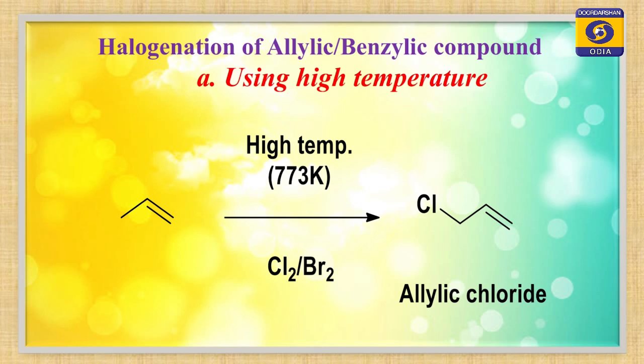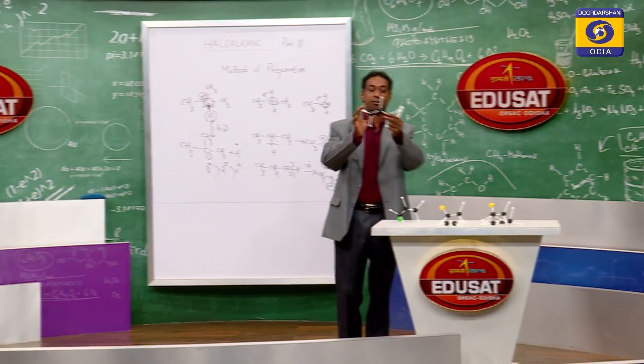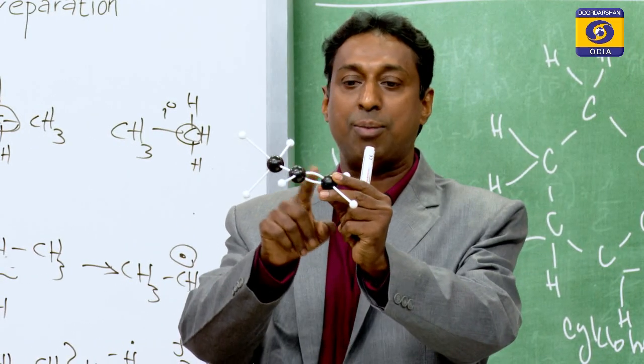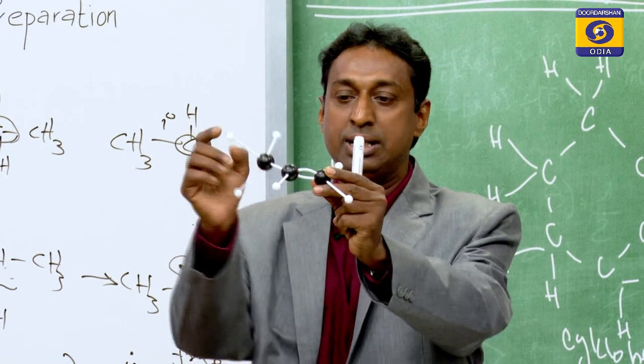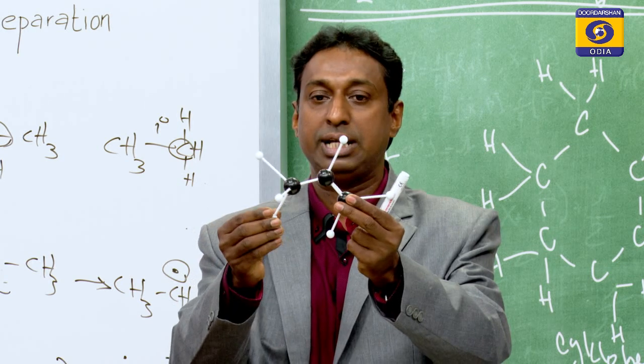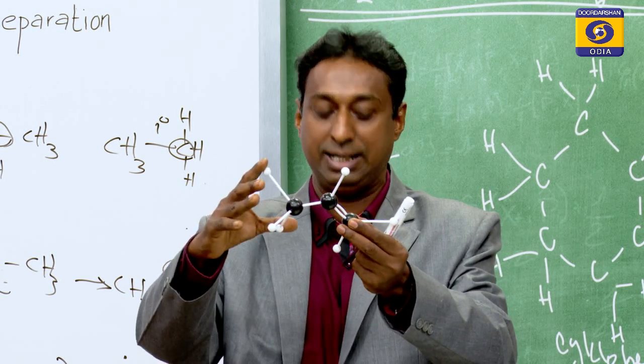Look at this one. This one is called allylic bromination, or sometimes called the replacement of hydrogen from allyl carbon. Look at the model. See, this is your allyl, this is one allylic carbon, and I have just shown the compound. This is called propene compound, carbon double bond carbon and single bond carbon. This is called propene, and you see this carbon, this is called the allylic hydrogen. These three hydrogens are called allylic hydrogen.